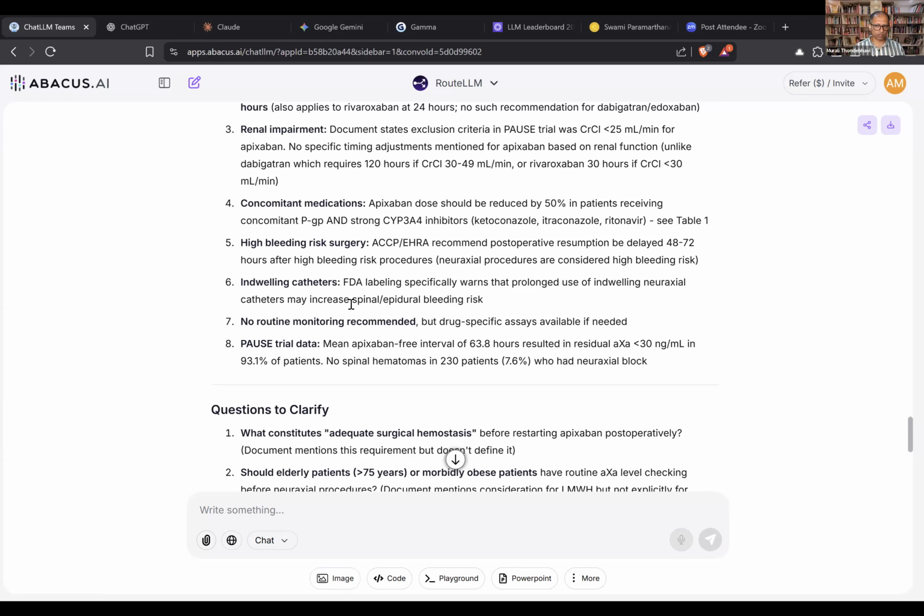So this is how you use a large language model if you want to summarize a document. It could be a narrative review, any review article or any paper. You can give it a very good prompt and then say, use this prompt and give me the output. So this is what I wanted to show you when it comes to how to use a prompt. Now I'll go back to my slides and we'll continue with the presentation.